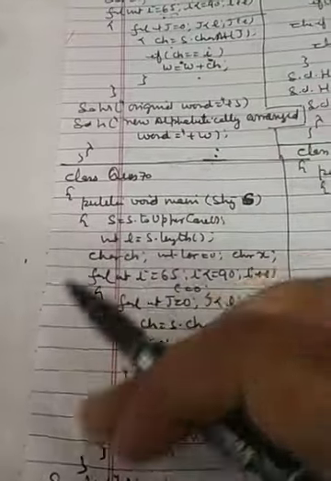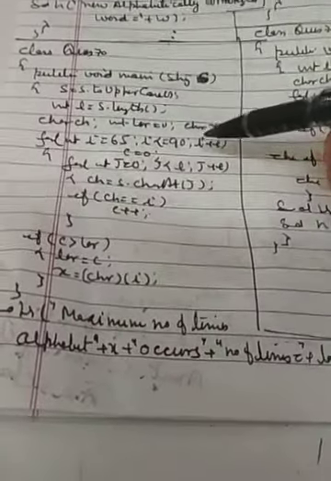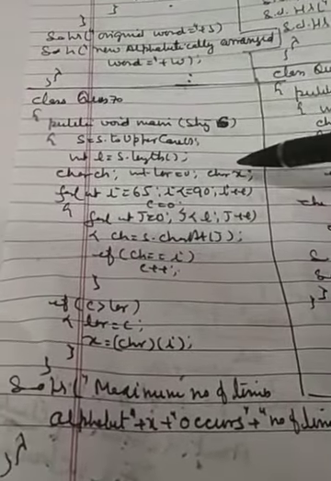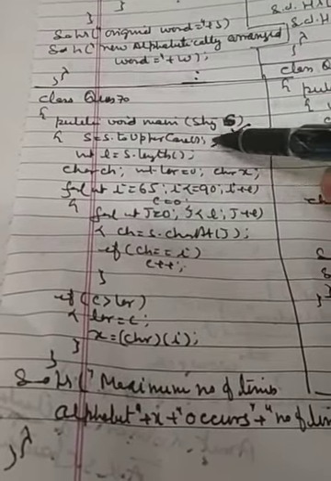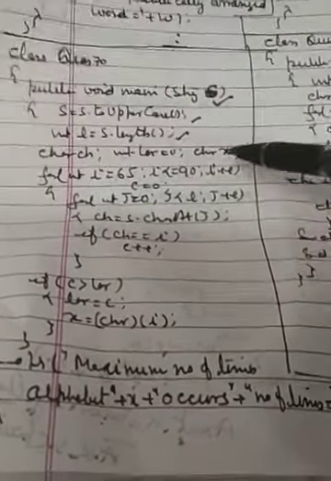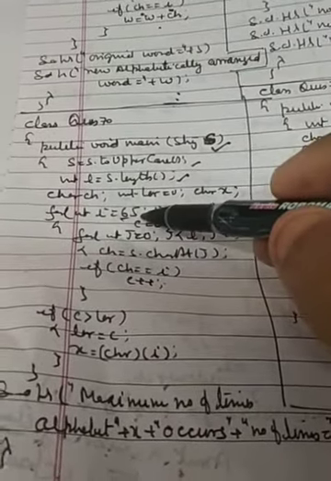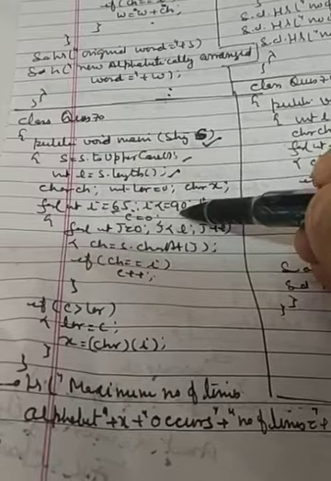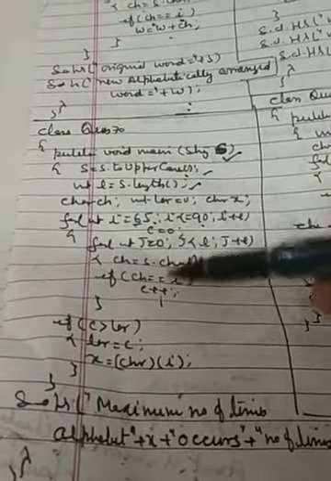Now question number 70 is here with us. We want to find out the frequency of an alphabet which occurs the maximum number of times. So what we have done: we have entered the string, converted it into uppercase, and found the length. Again the same logic which we have used earlier. We have taken the ASCII code from 65 to 90 because we have converted into uppercase. And again we are picking up the characters.